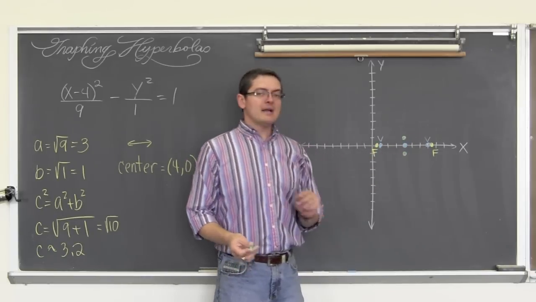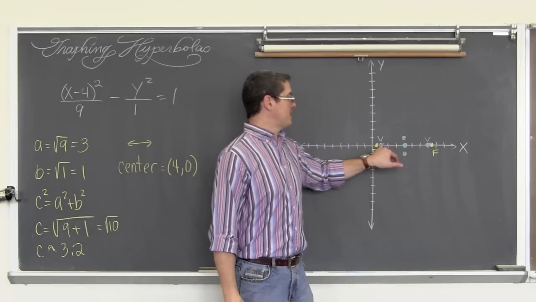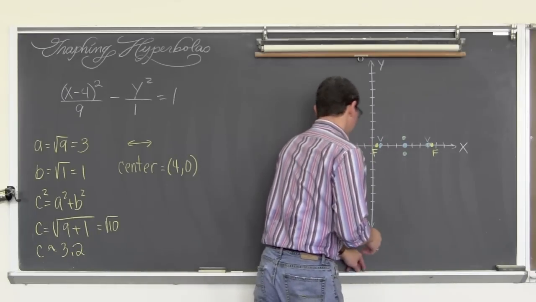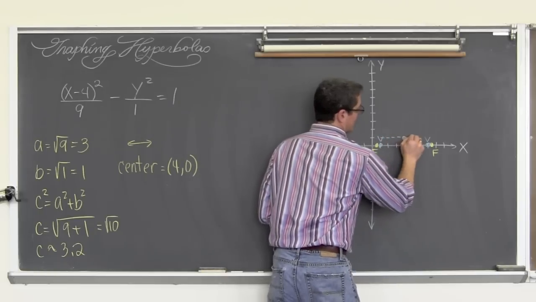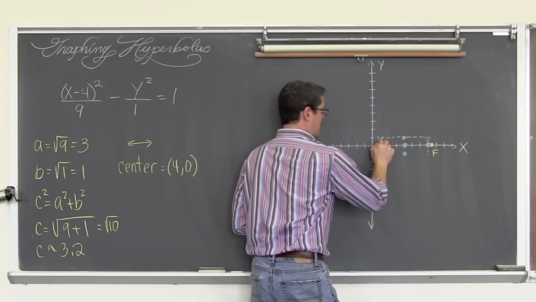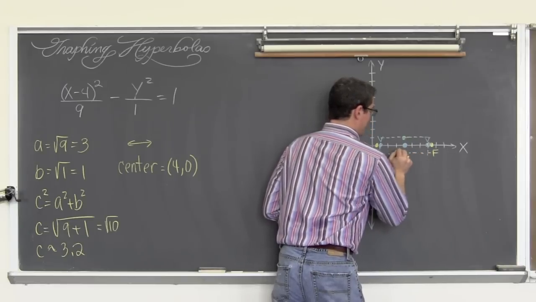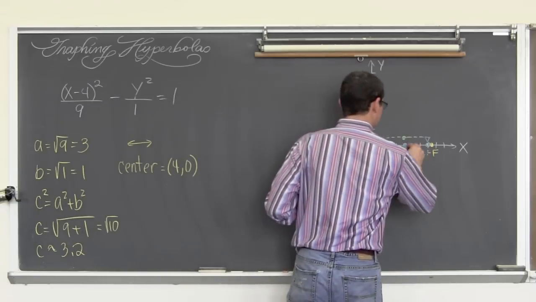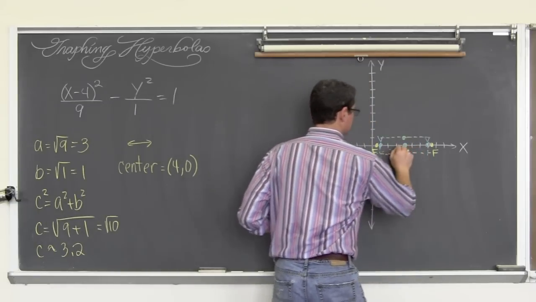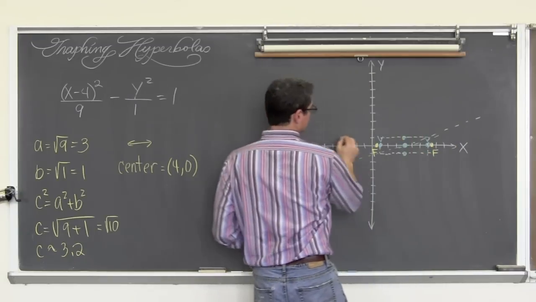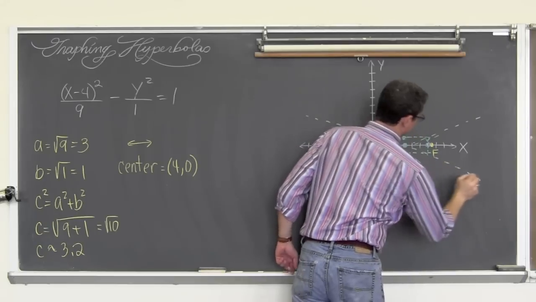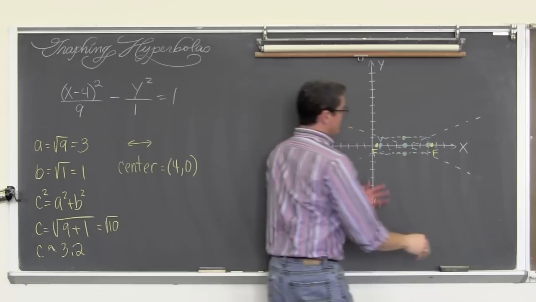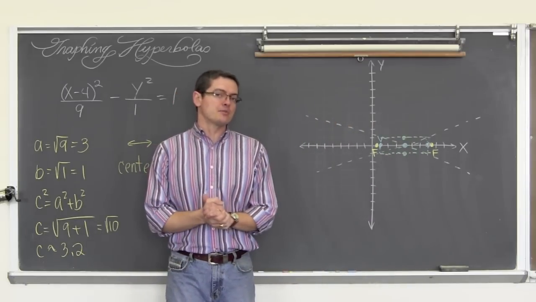And now we're going to draw an imaginary box through these green dots, and the blue dots represent our vertices. Maybe I should have waited on the foci until after I was done drawing the box. Now this box is not the graph. This box is just being drawn to help you make sure that your asymptotes go in the right direction. Okay, it's the best I can do. So there we have our box with our asymptotes going through the corners.